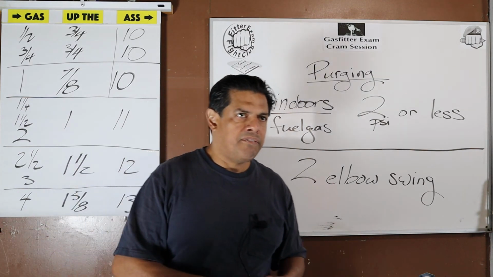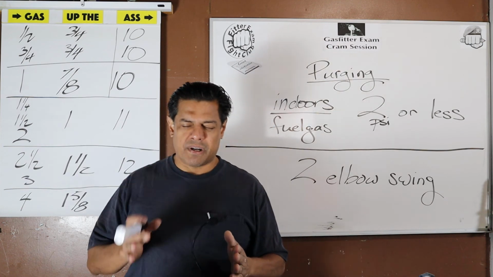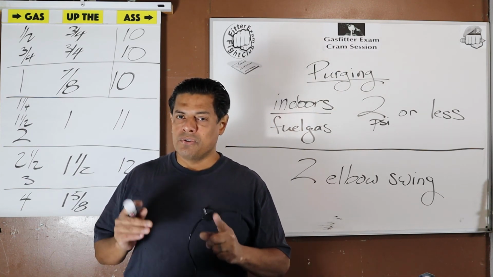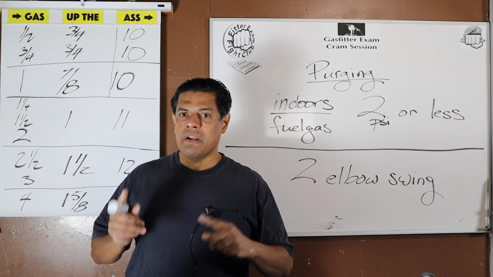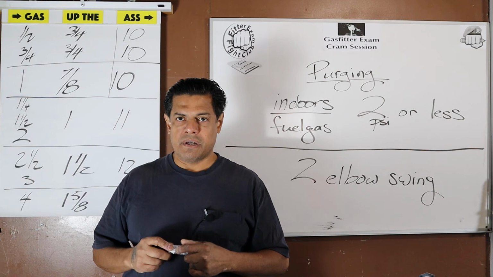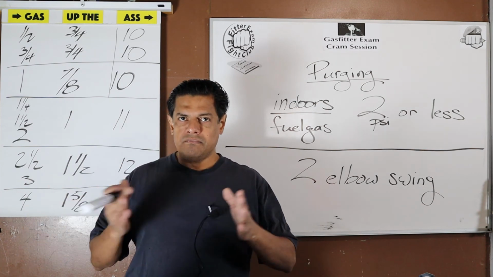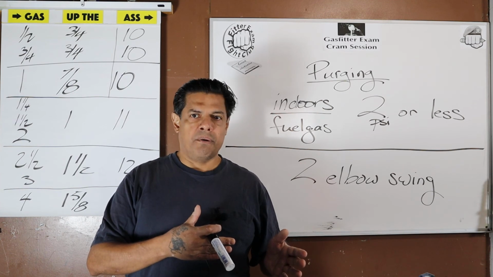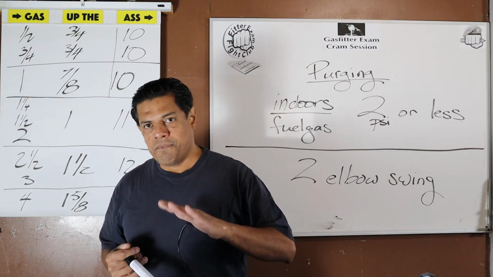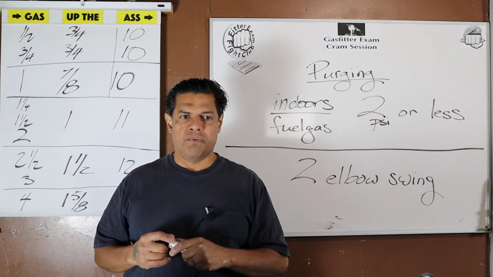Now, one of the finer points of the 2 elbow swing off the riser: we count 2 elbows after it's outside the wall. Okay? If you're running an exposed riser, your 2 elbows are your 2 elbows because it's right there. It's exposed. 2 elbows. If you're in the wall, okay, and I know this would make life sweeter,